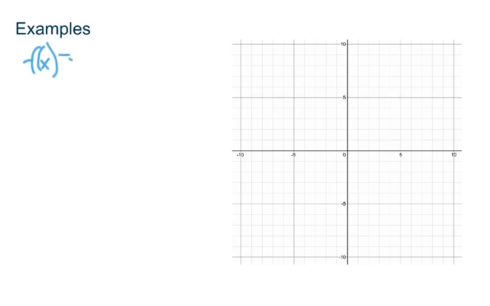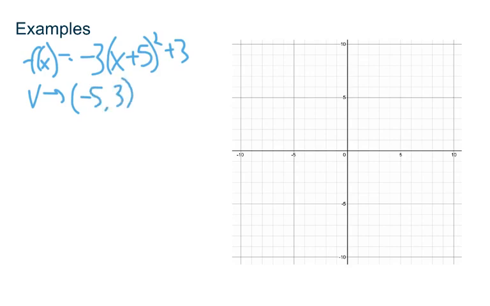All right, so we have negative 3 times the quantity x plus 5 squared plus 3. All right, so again, start off by finding the vertex, and that's going to be at negative 5 comma 3. Negative 5, 3 right there. Looking at A, it's negative, so I'm going to do the A trick. We don't always have to write out A trick. You can just start plotting, but I'm just trying to show you the colors again to show you where I'm getting these points from. So I'm going to go down 3 over 1, down 3 over 1,